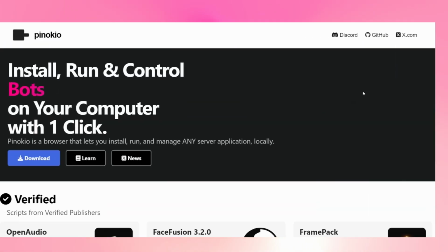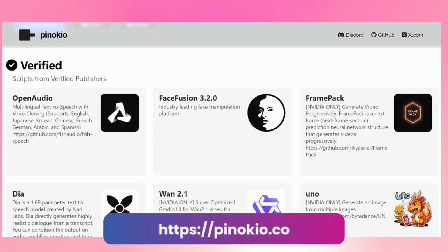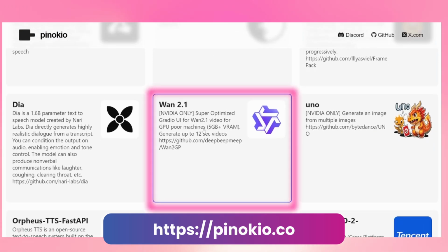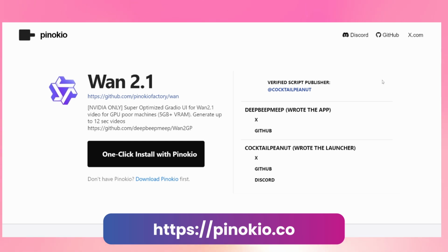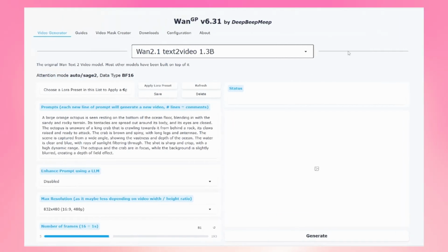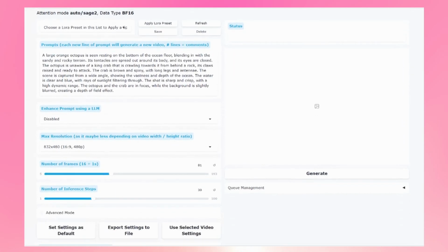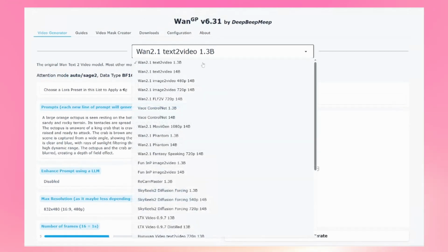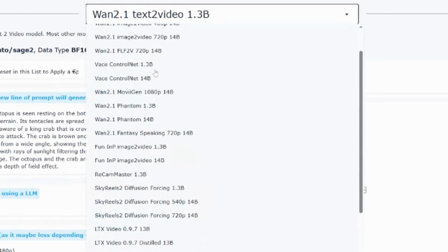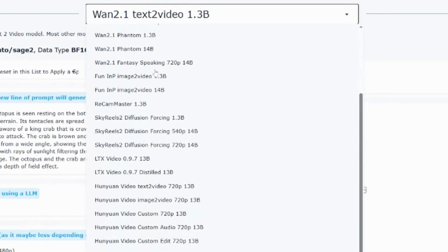Well then, for the next example, we're going to use an application that works locally on your computer. It's called 2.1, and you can install it through Pinocchio, which is like a kind of app store for free AI tools. Here I already have the application installed and downloaded, so we open 2.1. And as we can see, it has a lot of available models, each one with different styles and visual characteristics